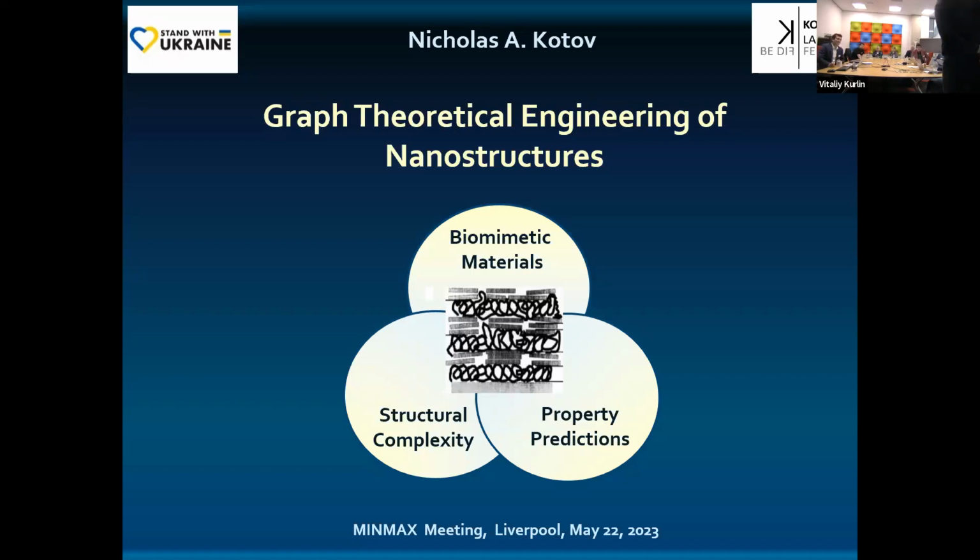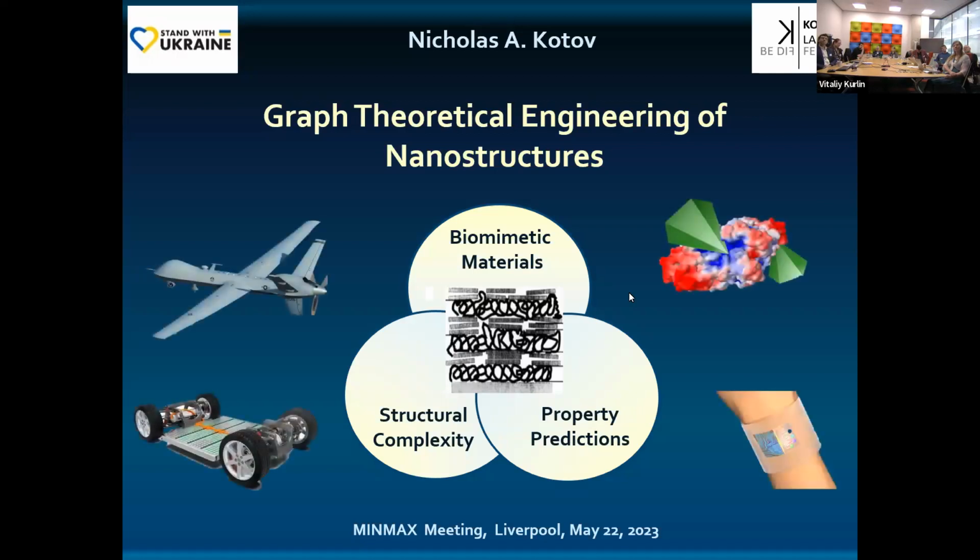I work on material science, on nanoscience, and lately I have been troubled by the fact that in nanometer scale structures, in nanometer scale materials, we use very inaccurate descriptions of their structures. And that's the subject of the talk. It's actually needed in many areas in biomimetic materials when we need to understand the complexity of the structure. And of course, we need to predict it. You will see some examples from all of these